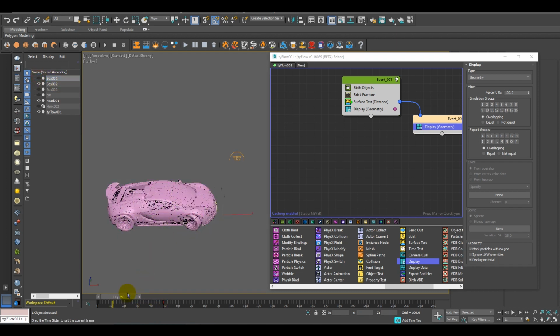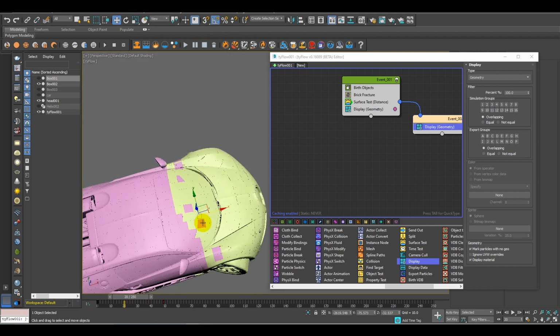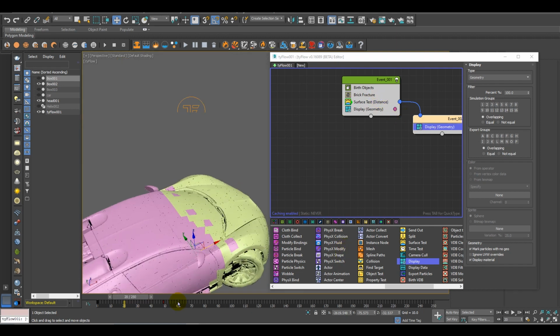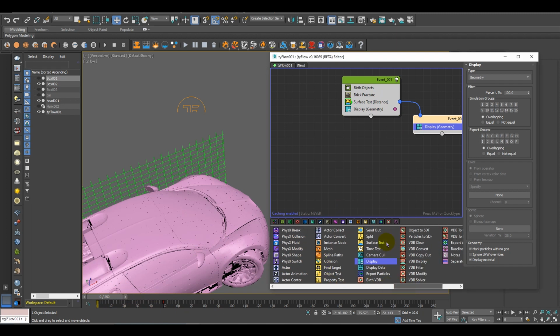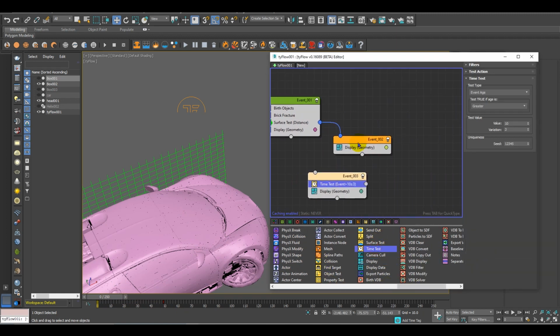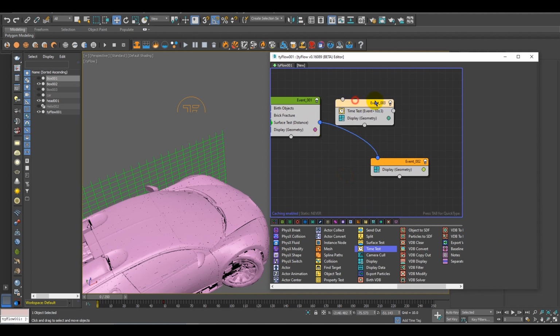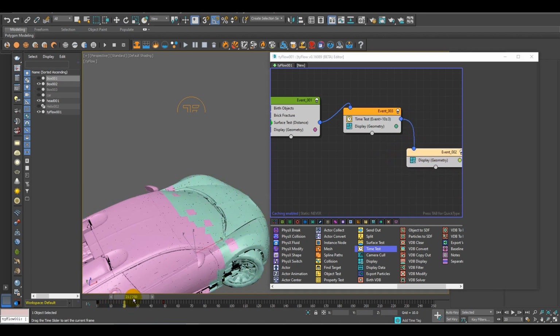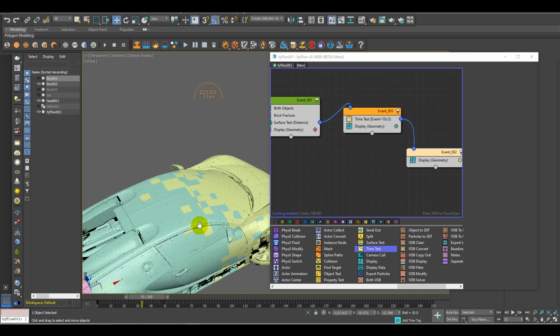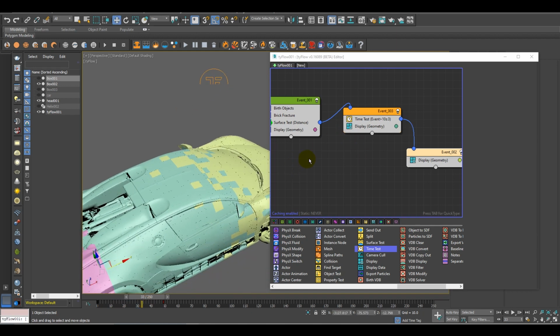But I need a bit of randomness, so for that I use a time test. So let's have a time test, and we will put that in between of the event. So let's delete the connection and connect it to over here, and connect it to over here. So you see that it's a bit different over here. Let's make a bit of changes over there.